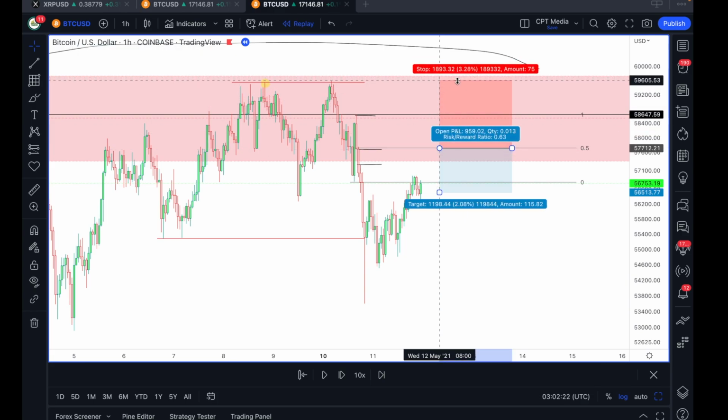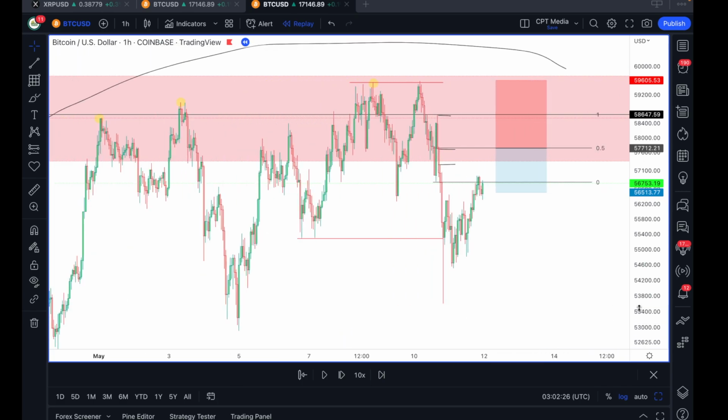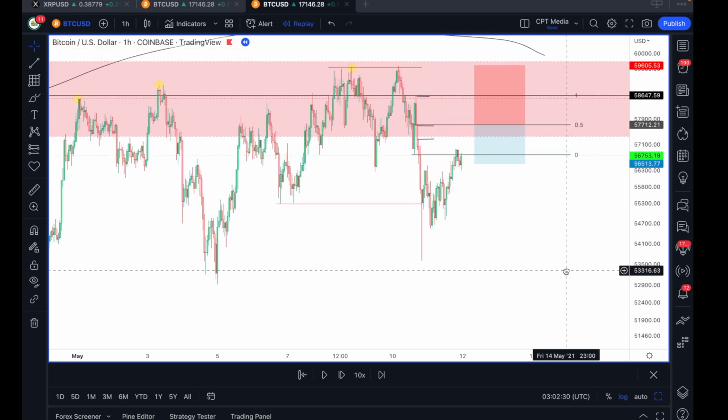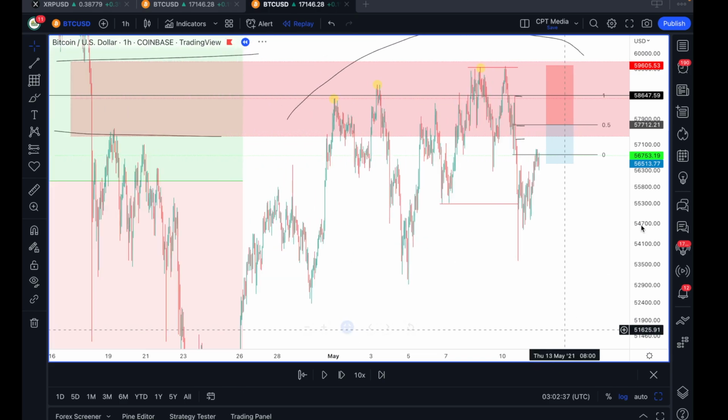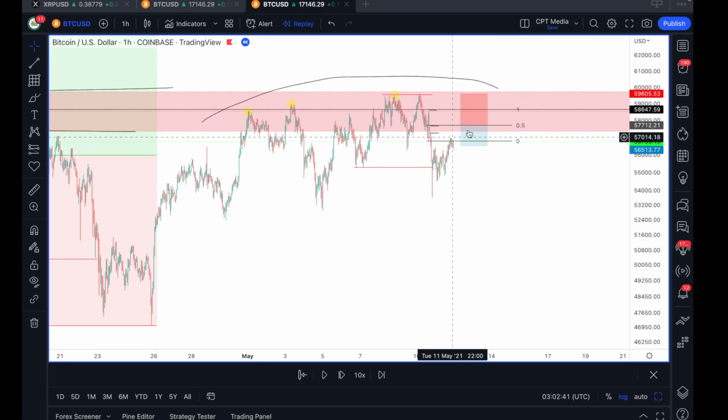Now, another thing I should mention is when you see distribution take place on the higher time frame, like the weekly, daily, the 4-hour, maybe even the 1 hour, it's much more valid because manipulation takes place on the lower time frames. So when you see it play out on the higher time frame, it gives this setup much more validity. Okay, but in this scenario, I'd place a limit order at the 50% zone, filling in that imbalance